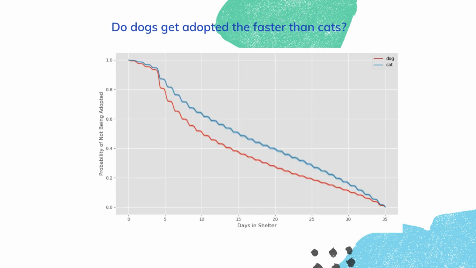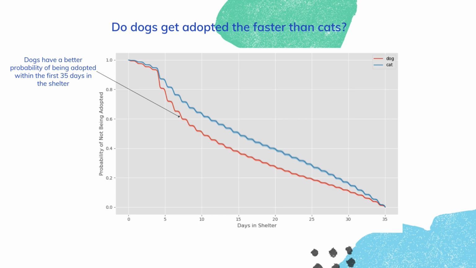Next we ask, do dogs get adopted faster than cats? The line graph gives us an appreciation as to the probability of not being adopted as the days in shelter increases. So let's look at the red line, which represents the dogs, and you can see it starts off at 1,